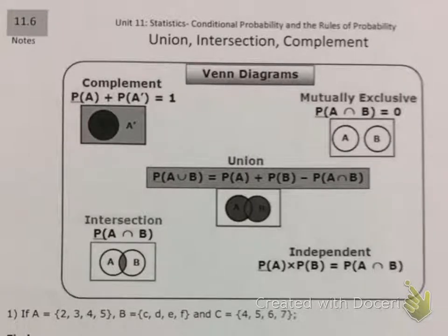All right, this is note-taking guide 11.6 in Math 2. This is the last note-taking guide for this unit, so hopefully you've learned a lot about probability. Today we're going to look at Venn diagrams, and we're going to mostly talk about unions and